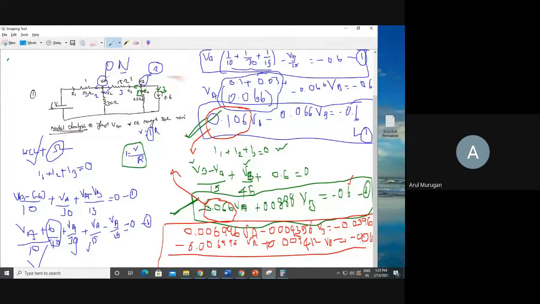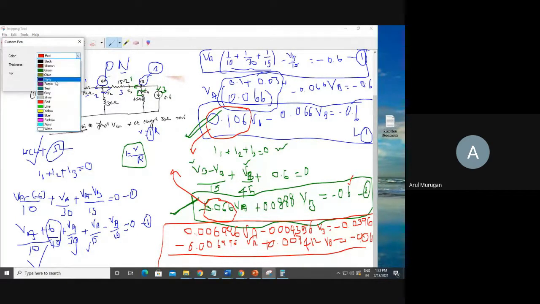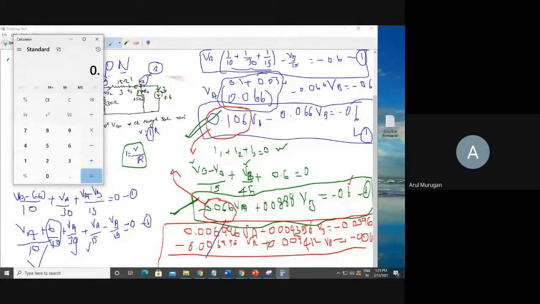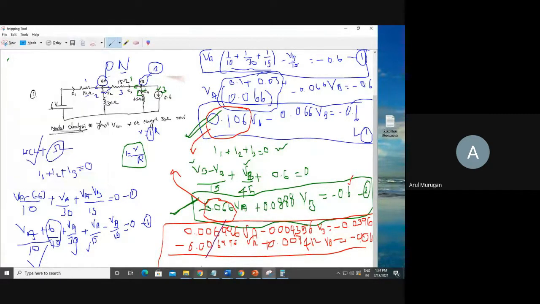Now look, do I need to change the sign in the bottom equation? No need, because here is a plus sign and here is a minus sign, so they cancel. I change the colors for your understanding. Here a plus sign and a minus sign, so take your calculator: 0.009412 minus 0.00436. What is this answer? 0.005052. And on the right side, 0.0636 minus 0.0396. This is the answer, 0.024.